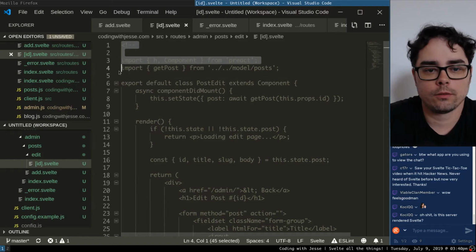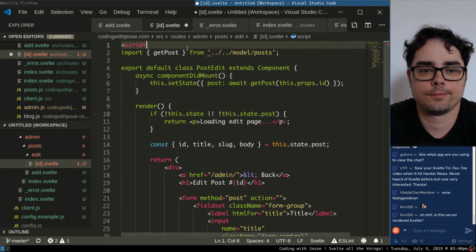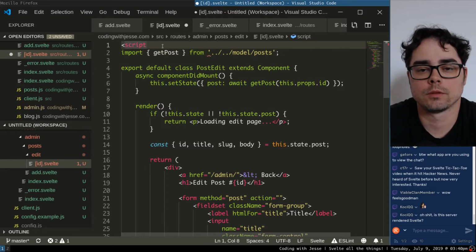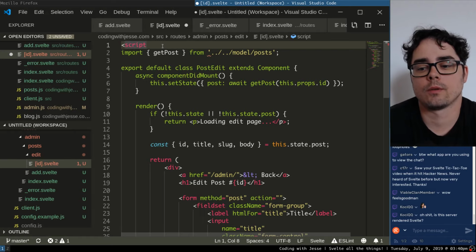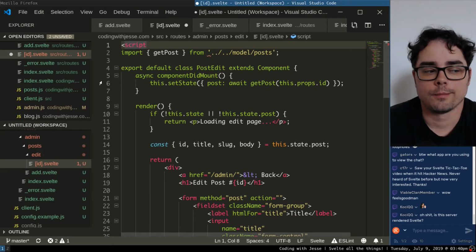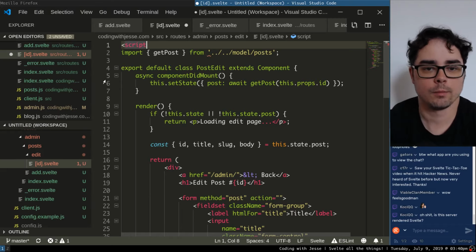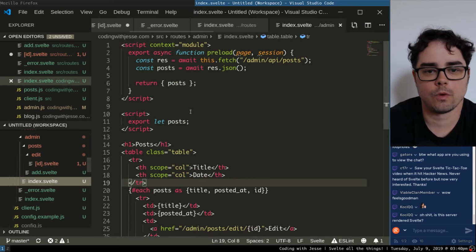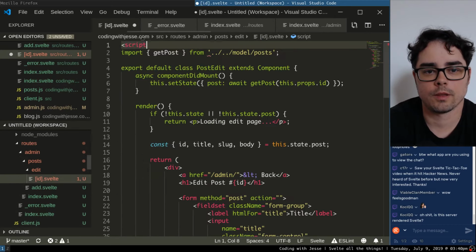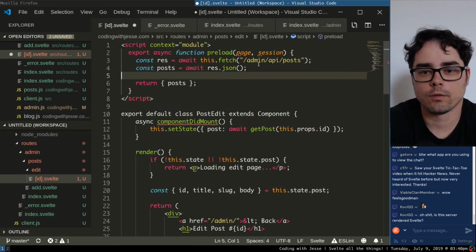Okay, so I need to import... I need to make a new API endpoint for loading a post. Because the way I was doing it is that it would load all the posts and then keep a local store. Could do that too, Svelte has stores. But I think it would be more appropriate to just copy this and then make a new endpoint